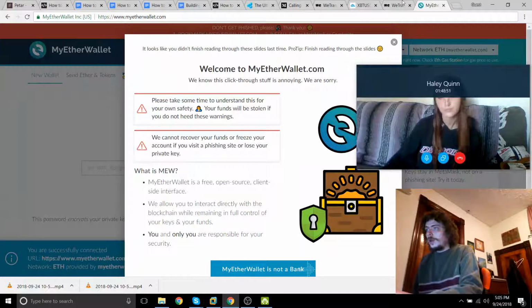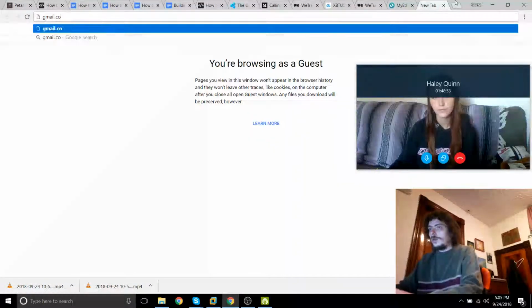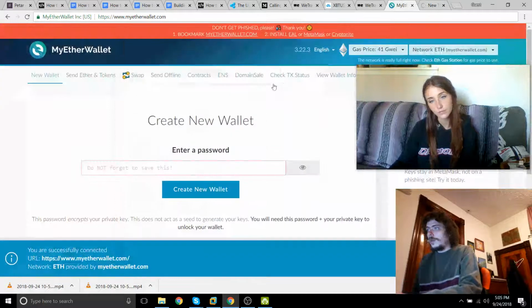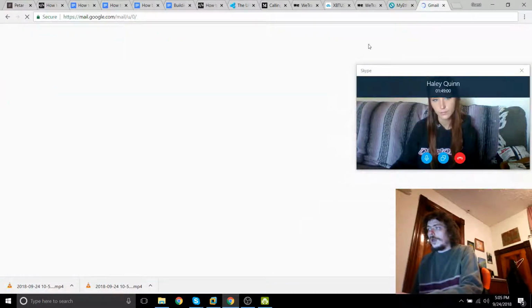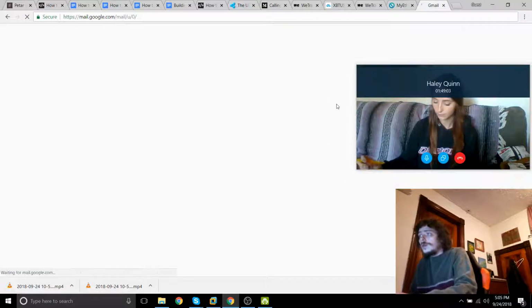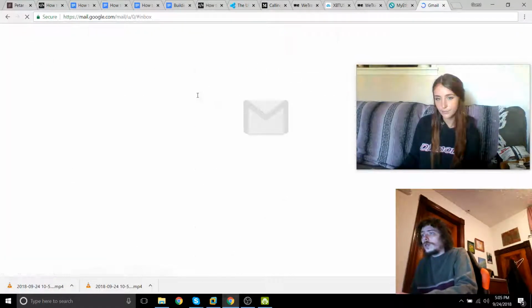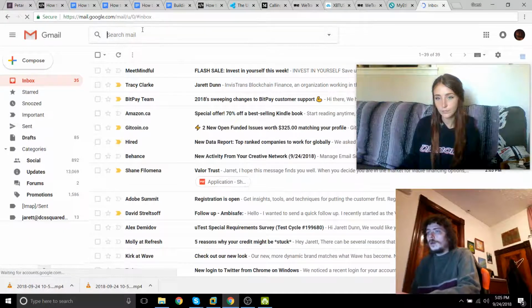I want to use MyEtherWallet, and what I want to do is go into my Gmail and pull up a contract that I've already published here in the live net previously. We're going to use MyEtherWallet to see some of the functions on that contract. You could also use Etherscan or a plethora of other open source sites to do that. But right now what I want to do